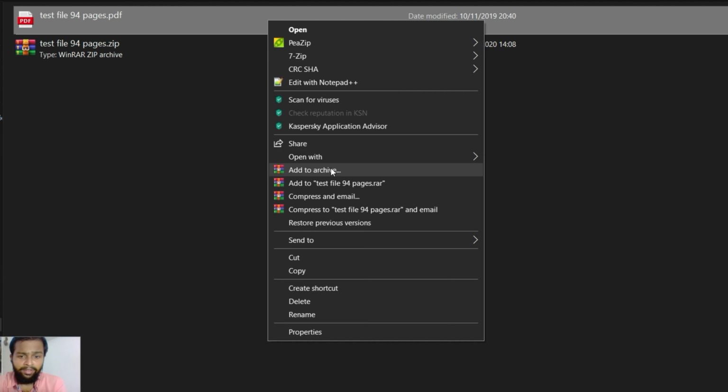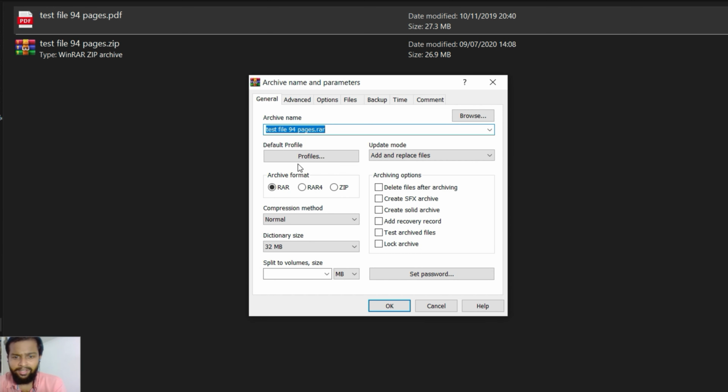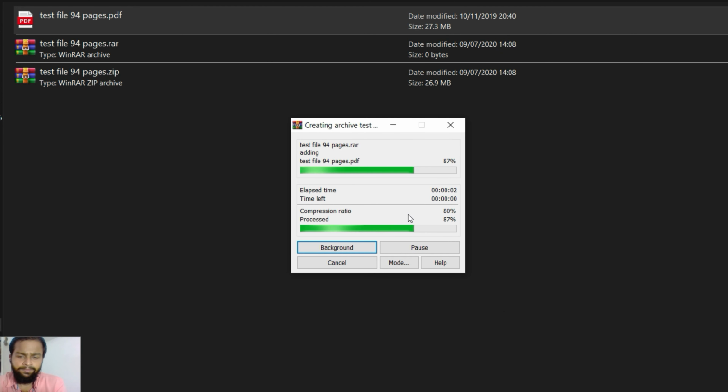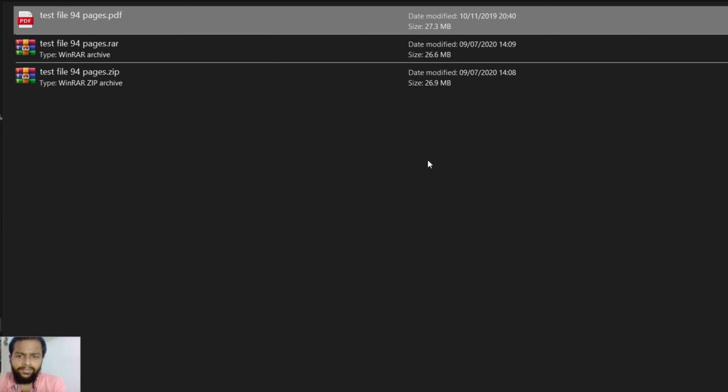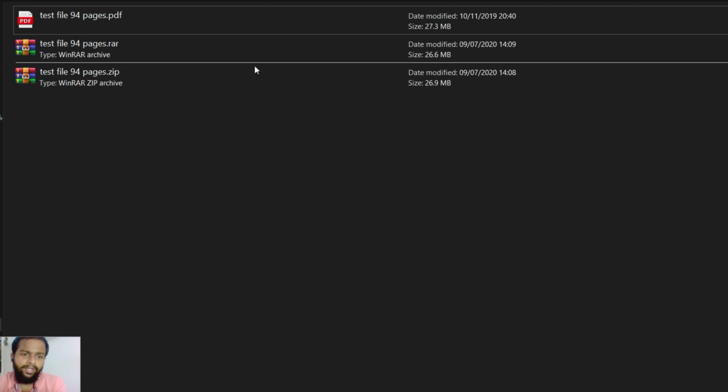Now I'm going to check WinRAR. WinRAR is not in the system. You have to download it from the site. I will leave the link in the description. You can check there. The best archiving format is RAR. RAR4 is a previous generation format. You can also go for the best compression method. And okay. That's it. WinRAR has further reduced the size of the file.